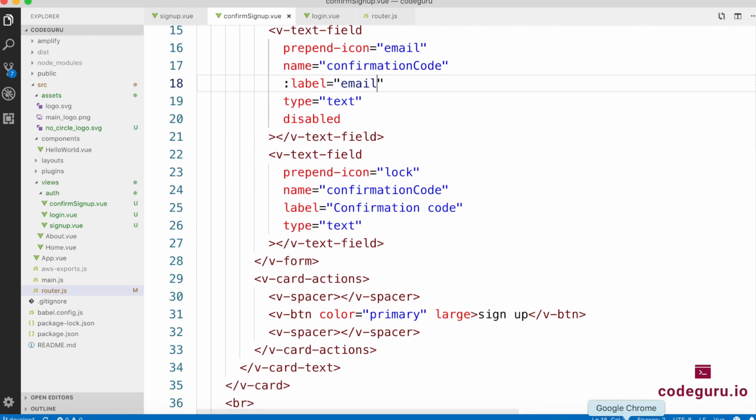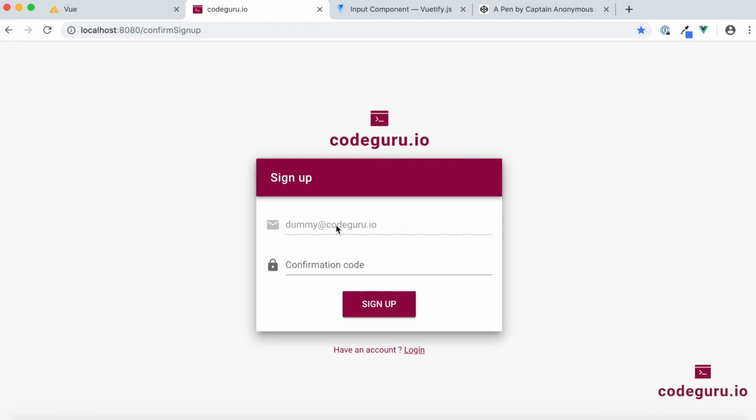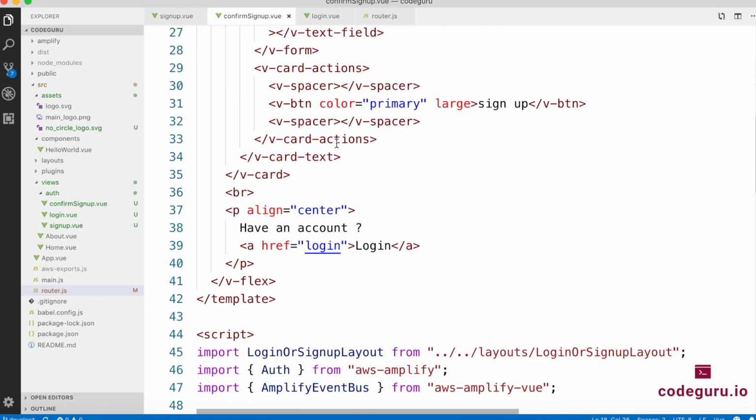If you go back to your sign up form, you can see this is exactly how I want it to look. Now, one more important thing: let's assume the user has lost his code. I want a way for him to regenerate it. I don't want him to go through all the pain of signing up and doing all the hard work again. So I want to provide him with a good navigation over here, just below my